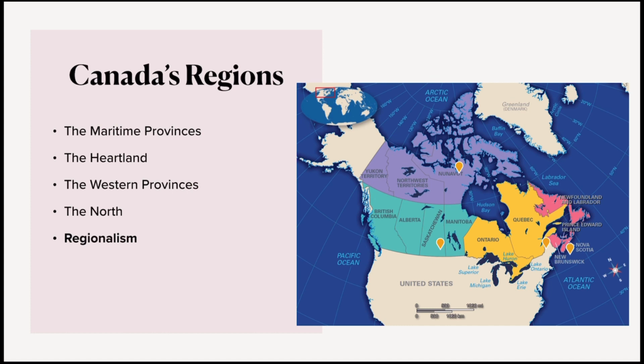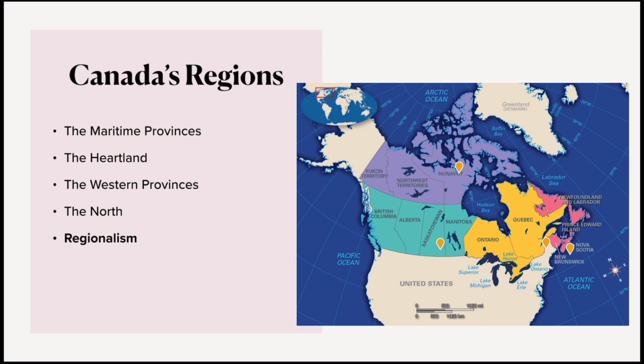When Canadians from different regions discuss important issues, they are often influenced by what we call regionalism. Regionalism refers to the strong connection that people feel toward the region in which they live. In some places, the connection with the region is even stronger than the connection with their country. Let's talk about some of the different regions and provinces that exist here in Canada. We're going to start with the eastern provinces, which can be seen on the map in the pink-colored provinces.